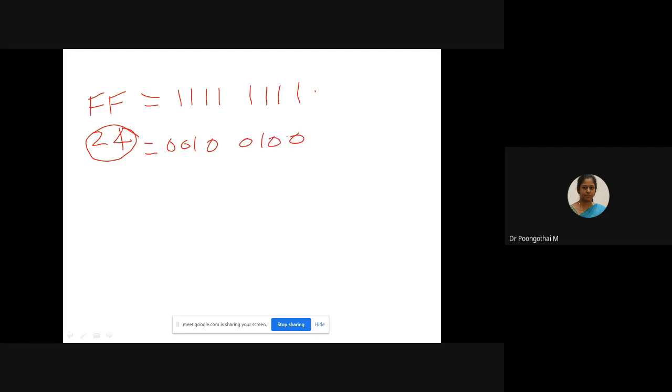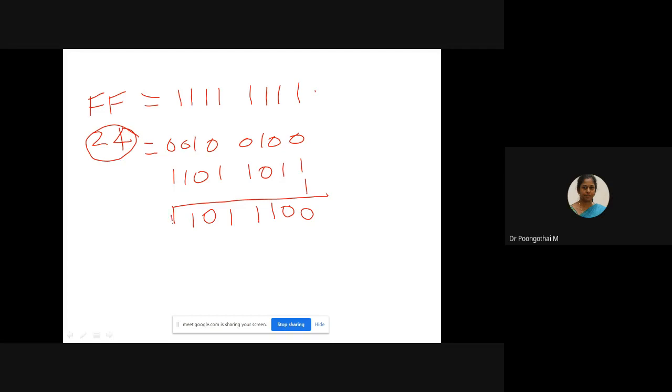Take the 1's complement: 1, 1, 0, 1, 1, 0, 1, 1. And for the 2's complement, add 1 to the LSB. So the answer is 0, 0, 1, 1, 1, 0, 1, 1.